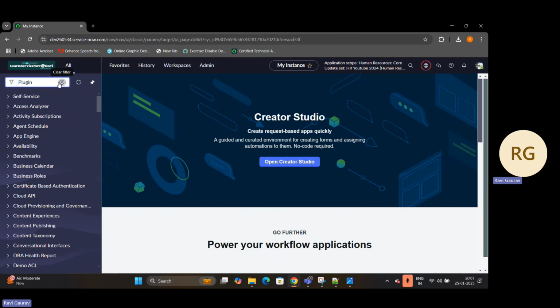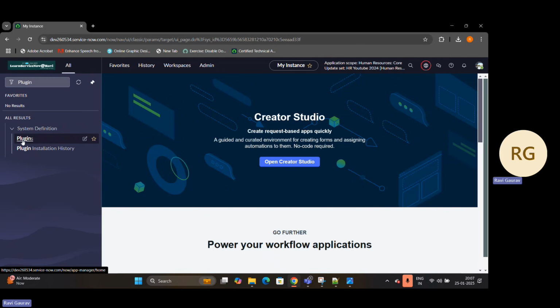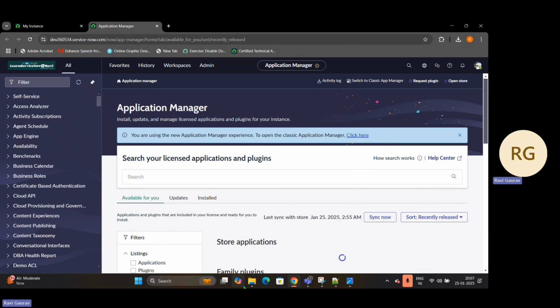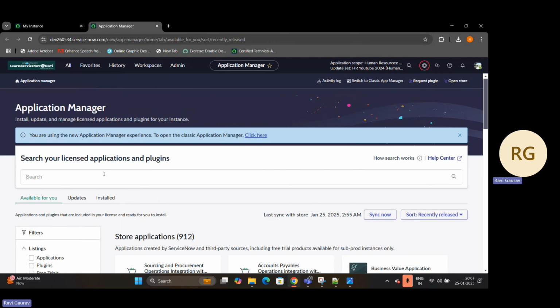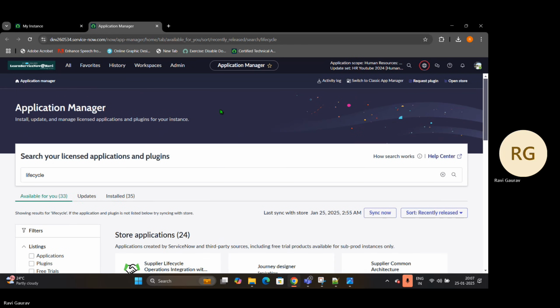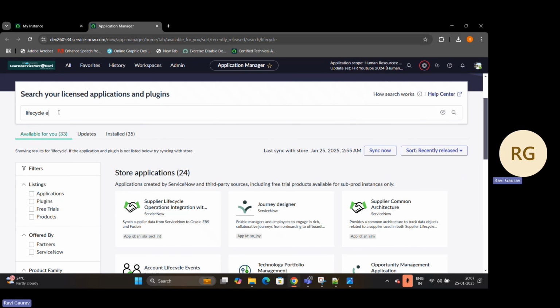If you know ITSM already, you know about plugins, by the way. A plugin is nothing but an extra app which you are installing in your ServiceNow ecosystem. Once you install an app, it installs a module for you. So here, if you search "life cycle" and press enter,